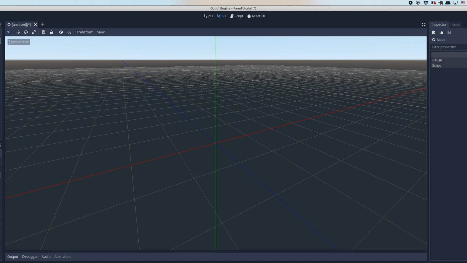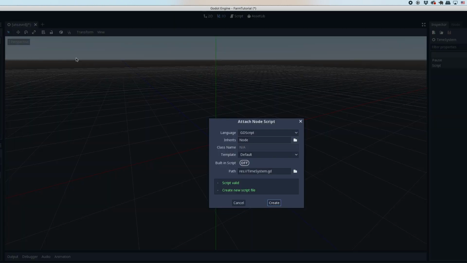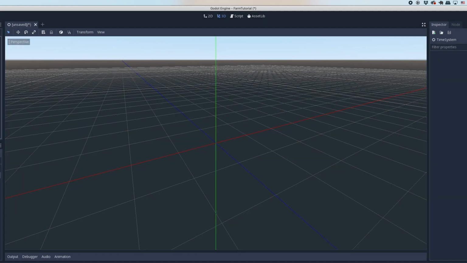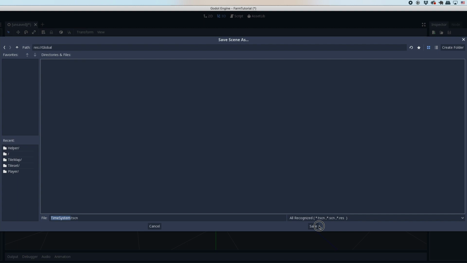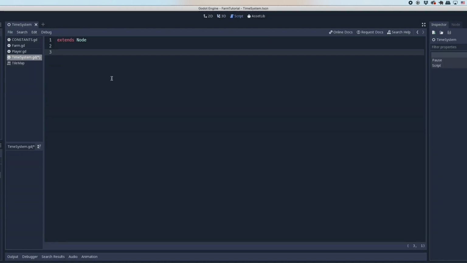Usually for this stuff, I'm going to create just a simple node. You can call it TimeSystem. Hold on, let me save this node first. For this type of node, because they are singletons, I call them global. Usually I have a folder called global to save this kind of node. So for the first simple version, we need, you can call that